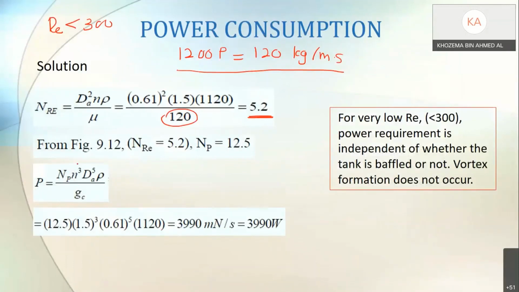And we substitute the value of Np, the value of our rotational speed, impeller diameter, density, and again the value of Gc is equal to 1. So we get a value of 3990 watt. So that is the power requirement for this